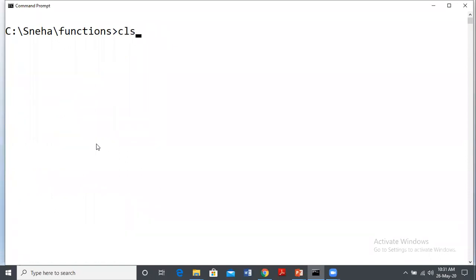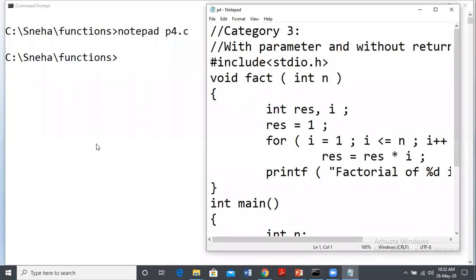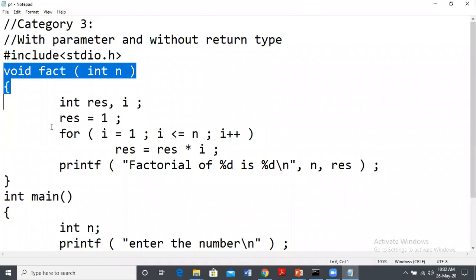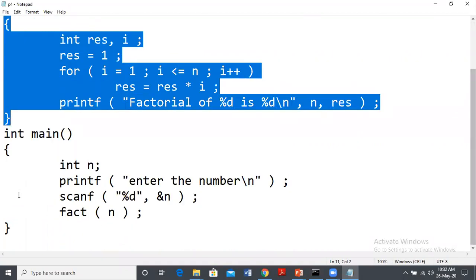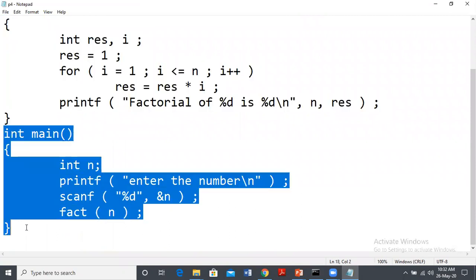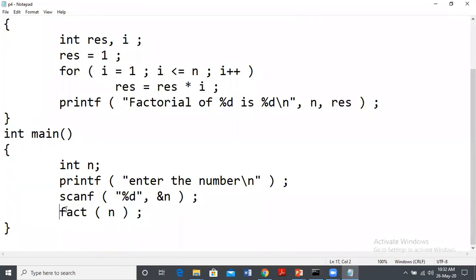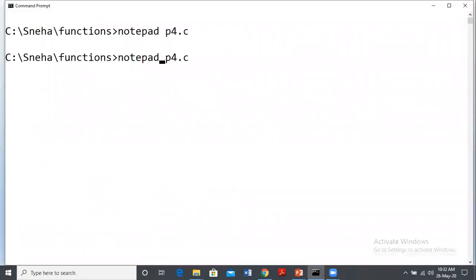This is program number 4, with parameter and without return type. This is the function definition with parameter and without return type. We are printing the value within the function, and in the main we have the function call. Note this function call is very important. So let's compile.